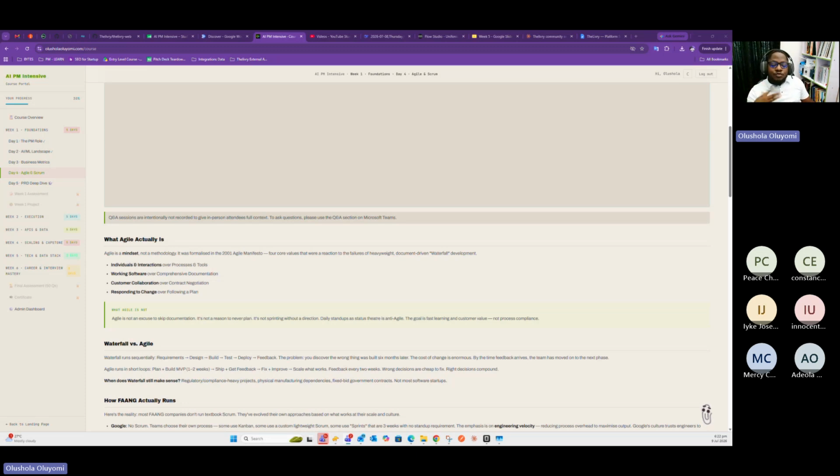Now, because waterfall is so rigid, it was eventually dropped. Again, like I said, don't think of them as methodologies, because that will make it very hard for you to understand. Think of them as the way we work, right? Because waterfall was so rigid, it made people abandon a lot of projects, because they researched a project one year ago, and while they are building it two years after,